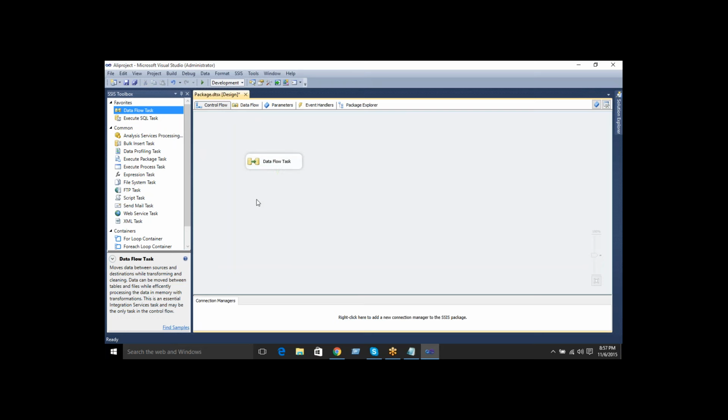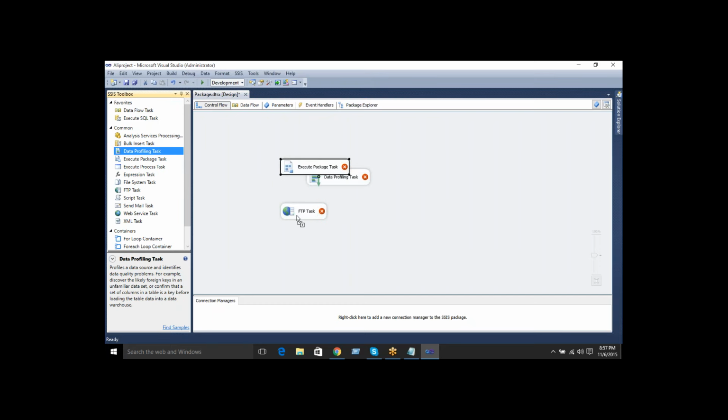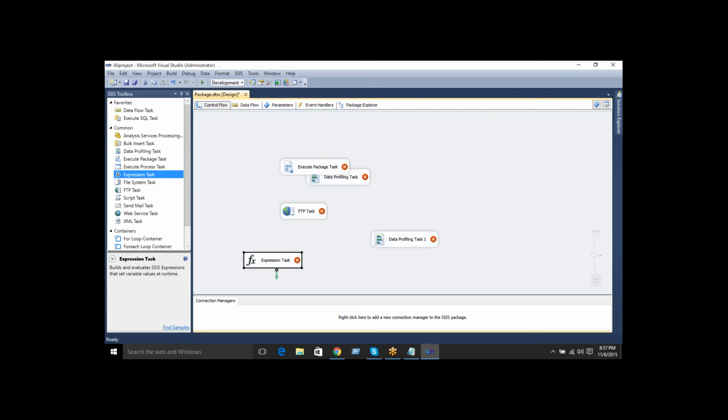For example, I delete this data flow. So this is your control flow designer. You can access everything available in your toolbox in the control flow. For example, I want to access data flow items.